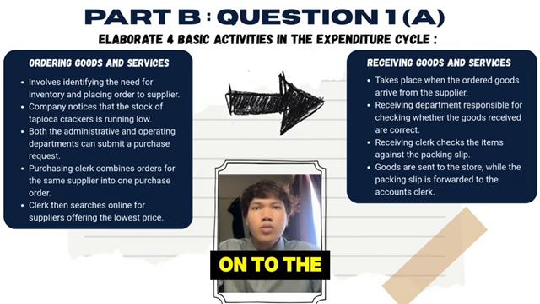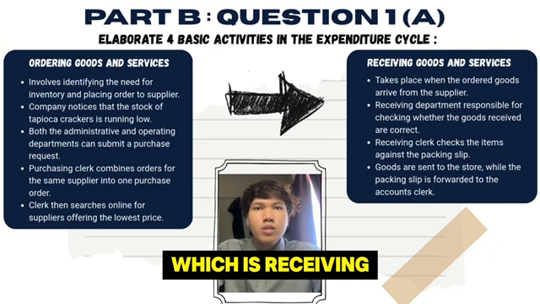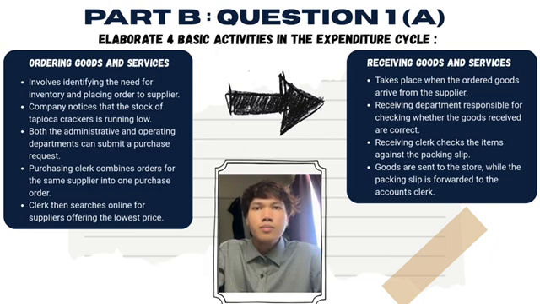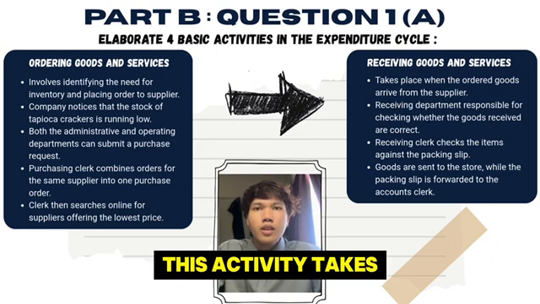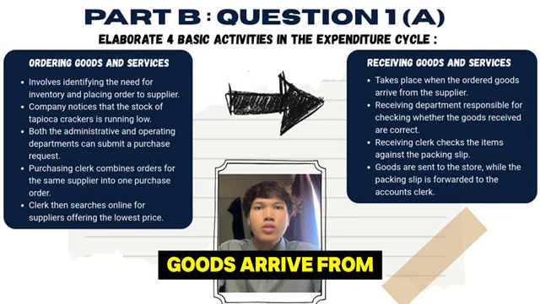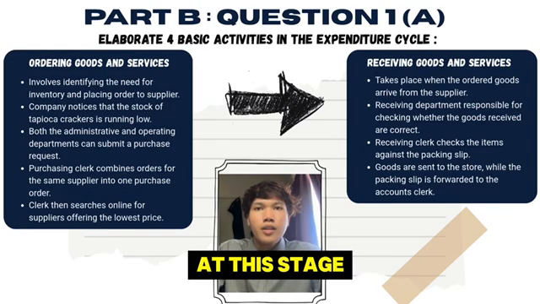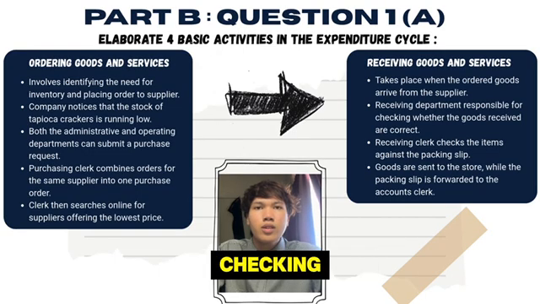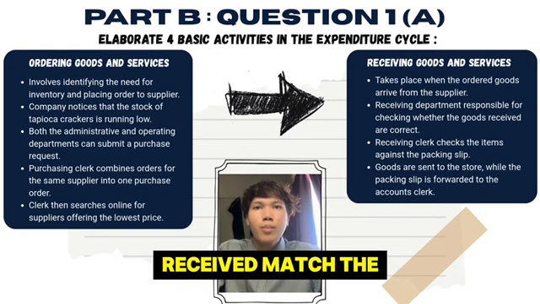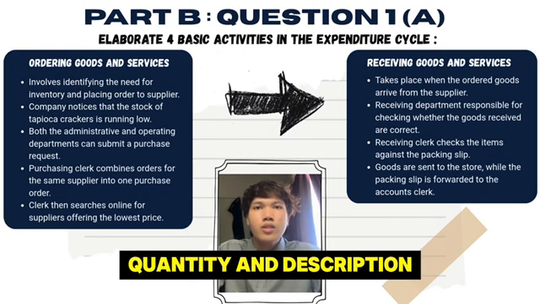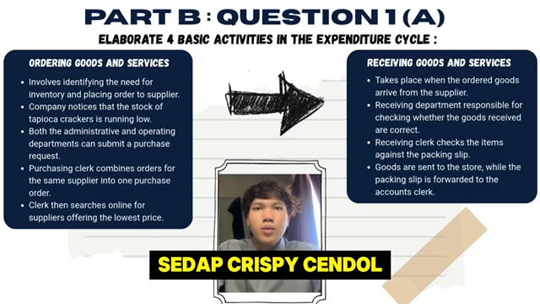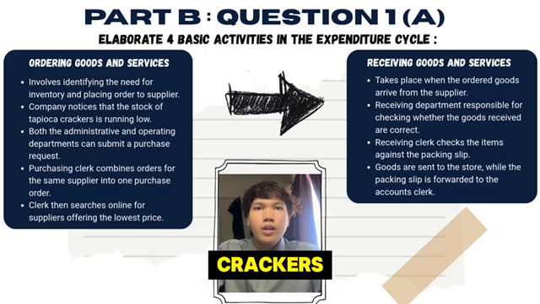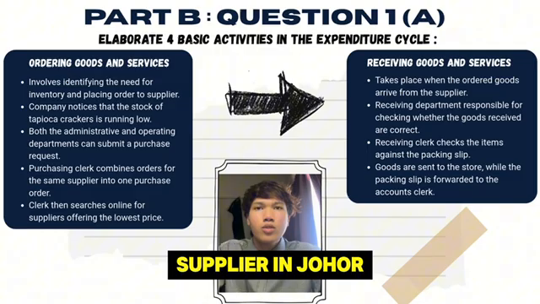Now let's move on to the second activity, which is receiving goods and services. This activity takes place once the goods arrive from the supplier. At this stage, the receiving department is responsible for checking whether the goods received match the order in terms of quantity and description. In the case of Sedap Crispy Sindiran Berhad, when the crackers arrive from the supplier in Johor,